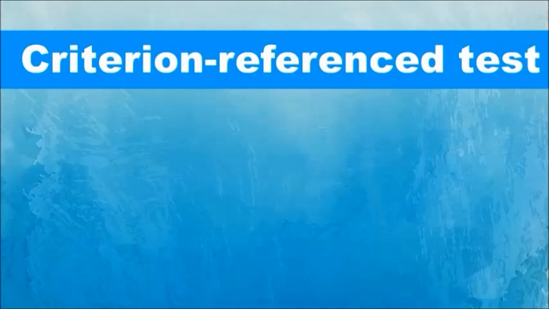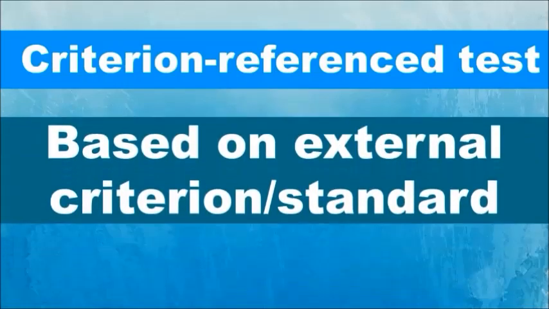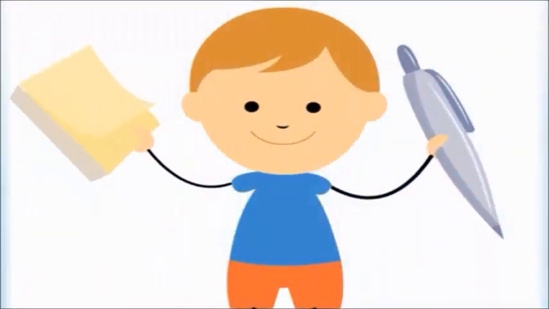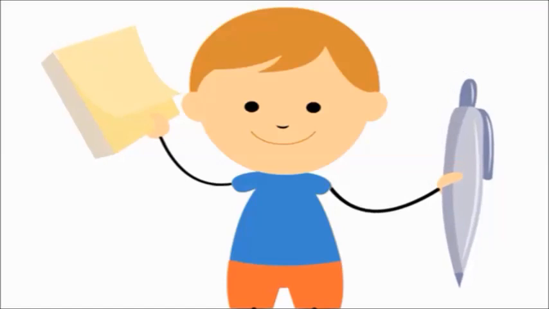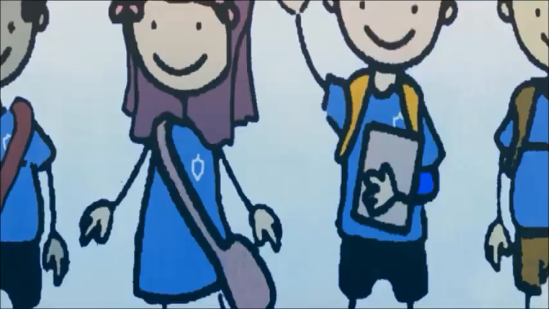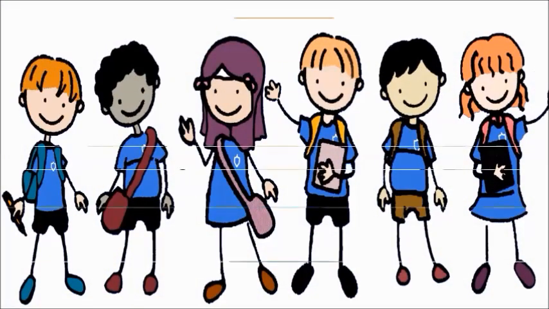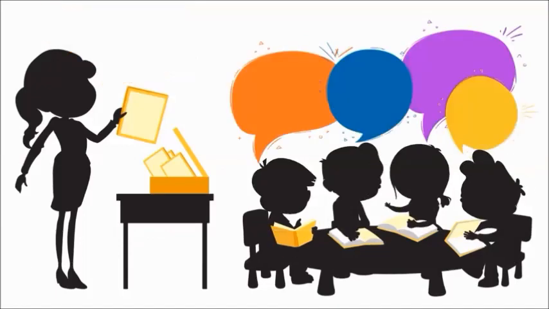From the word itself, Criterion-referenced test is a method that measures the student's performance based on some given external criterion, standard, competency, or mastery. Hence, the performance of a student is unrelated to one another. And, the student's achievement is reported for individual skills. Through this, the teacher will know who among her students met the expectation or the objectives of the curriculum,